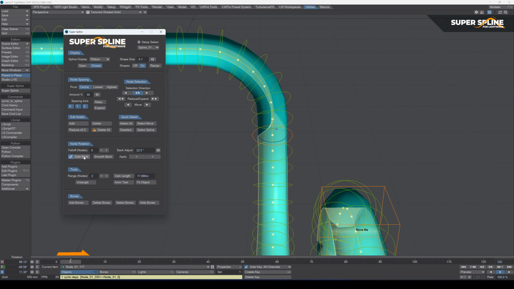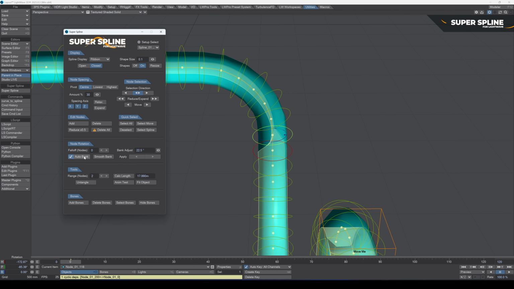Could try auto bank as well. That actually looks all right. So let's try the next one, auto bank. That doesn't. Okay, let's try auto smooth bank on that now. So what I need to do is select these and then rotate them slightly. And what I'm going to do here, just select this one, smooth bank,